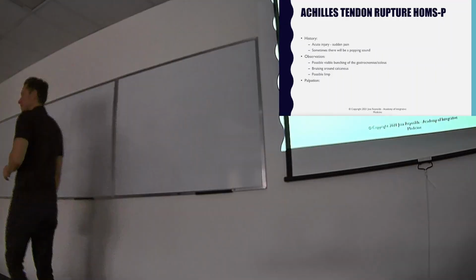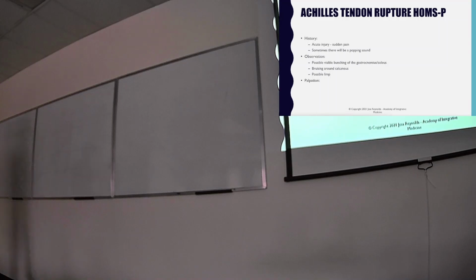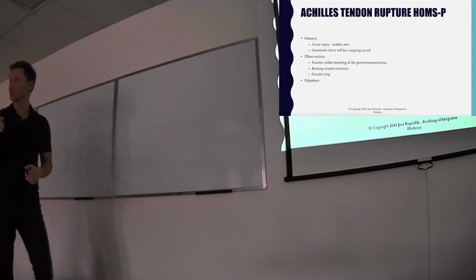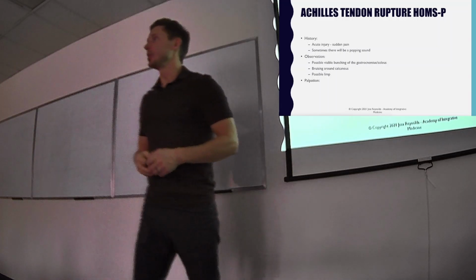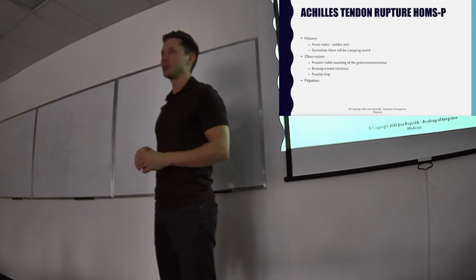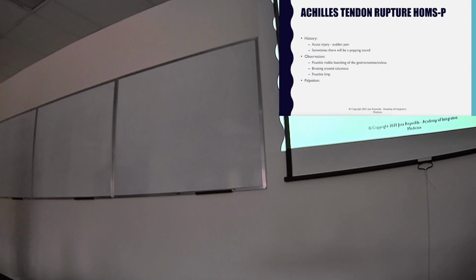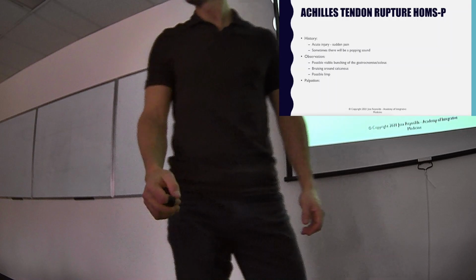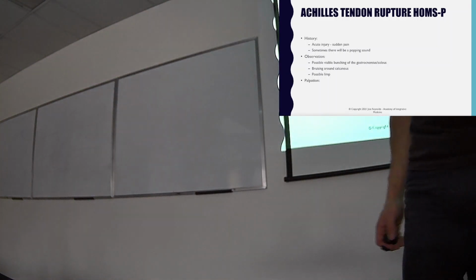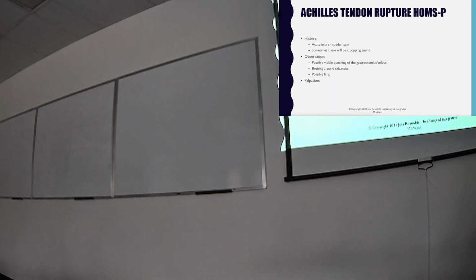Remember, within the plantar flexors, we have two primary plantar flexors, the gastroc and the soleus. And what tends to happen is we'll rupture one. And it's usually the gastroc, which means you're left with the soleus. And as we know, the soleus is much stronger than the gastroc. So you can still walk with a very mild limp, even if your gastroc is completely torn. It's a possible limp. If your soleus is torn, you'll have a limp. You probably won't be walking at all if you've completely torn your Achilles.